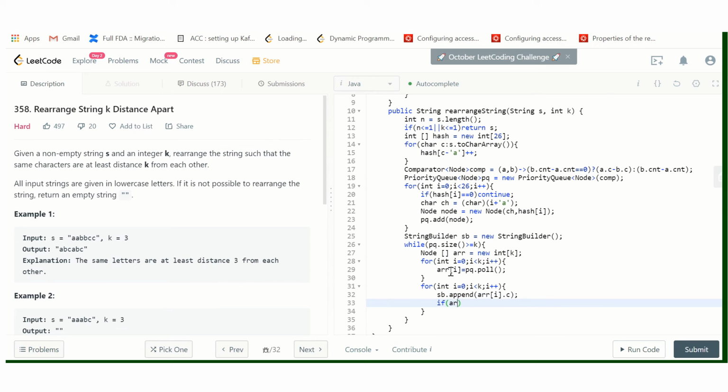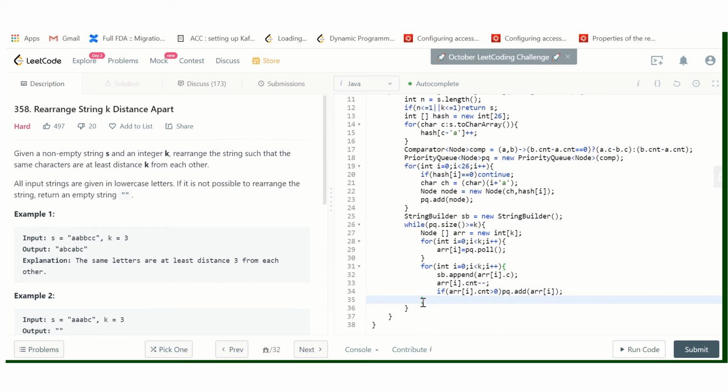If the count is greater than 0, then we again add it back with pq dot add array i.